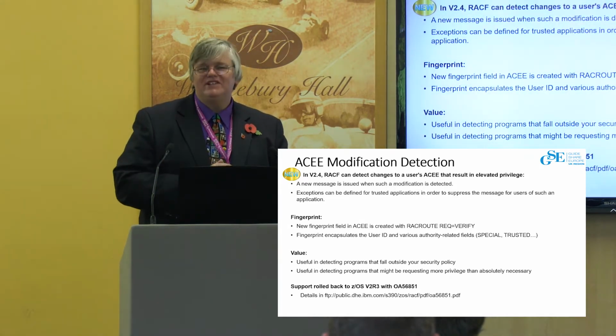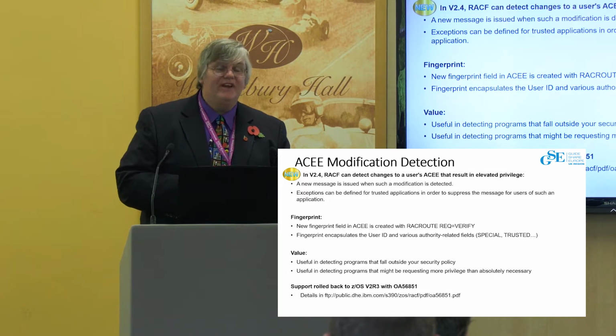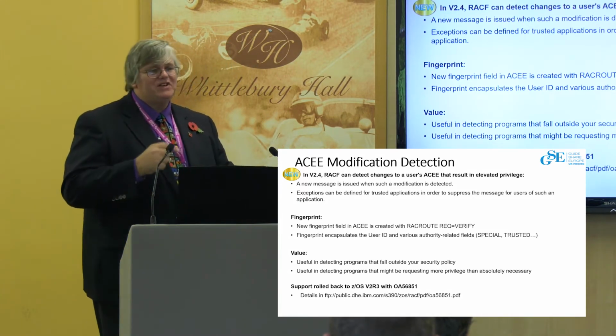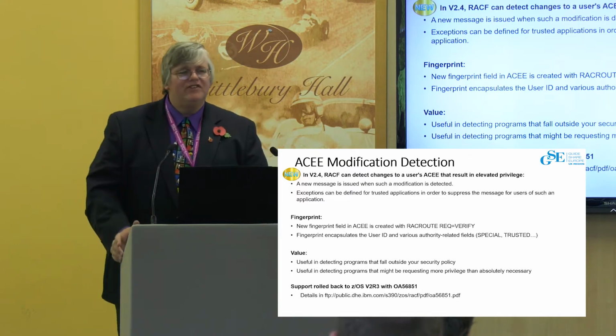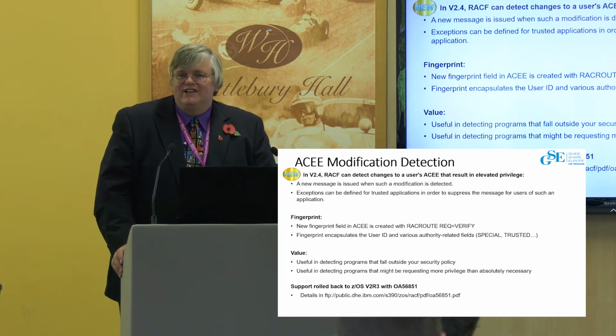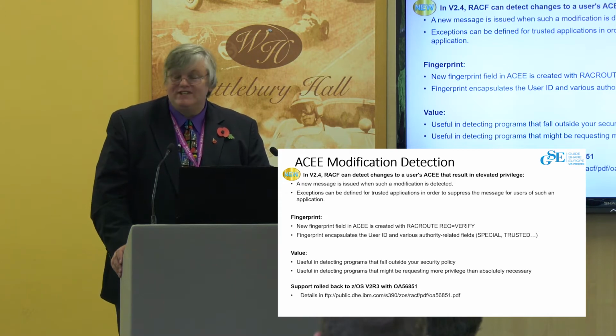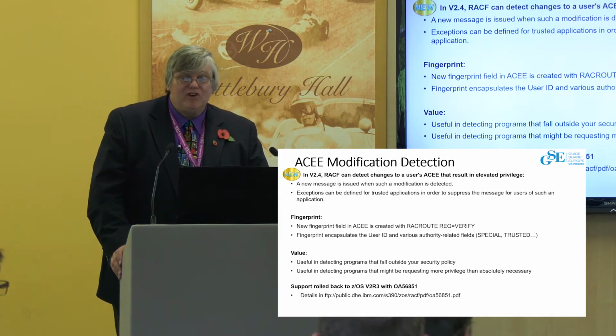So, wouldn't it be nice to be able to detect when these modifications are being made? And that's what we're talking about with the ACE modification detection. The concept here is if somebody has flipped one of those bits that gives you more authority, we'll recognize it at the first time that you attempt to use that ACE. And I'm going to be very specific. It's not any attempt. It's the first time RACF does an authorization request, specifically a RACROUTE REQUEST=AUTH